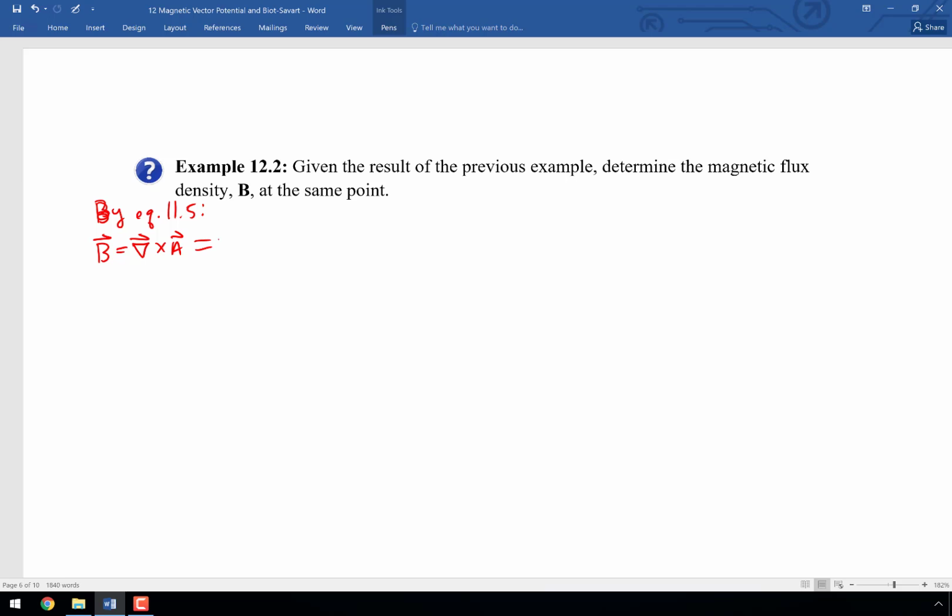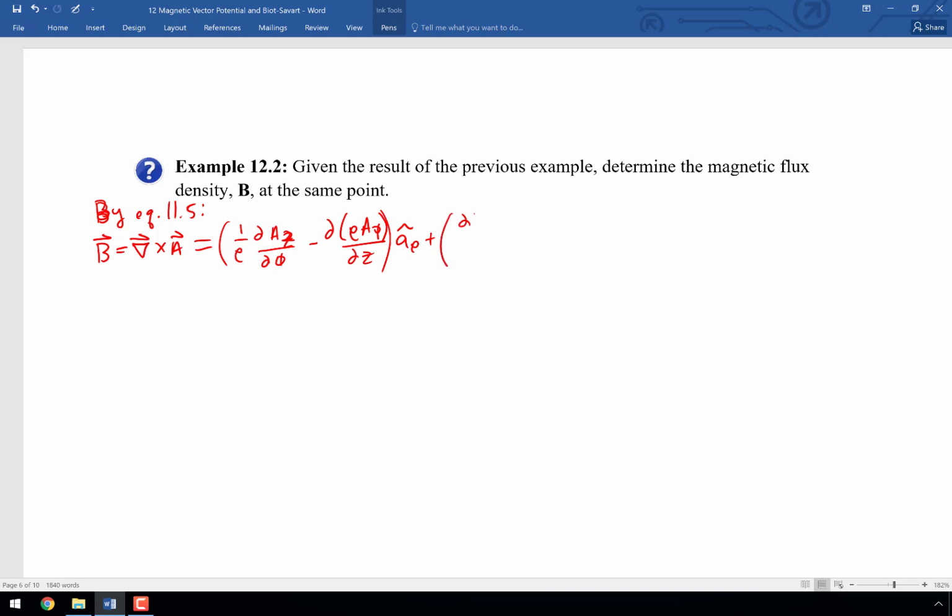So B is equal to the curl of A, which is equal to, here we go, 1 over rho times the partial of A sub z with respect to phi, minus the partial of rho A sub phi with respect to z, and that's multiplied by A sub rho hat,